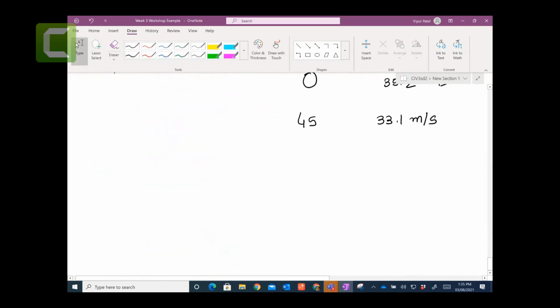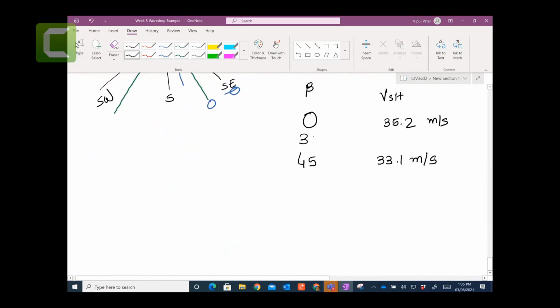Let me see if it comes true or not. So let's write 30 here, and then you can find this velocity. How did they do it? Let me check. 45 take away 30. Yeah, probably. Okay, so let's do an interpolation now. So 45 take away 0 over 33.1 take away